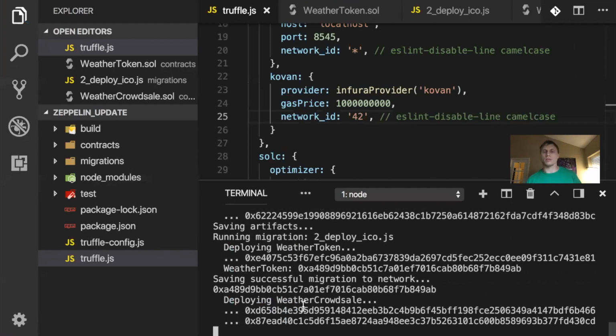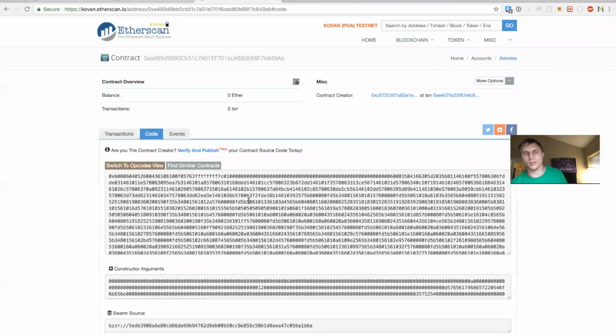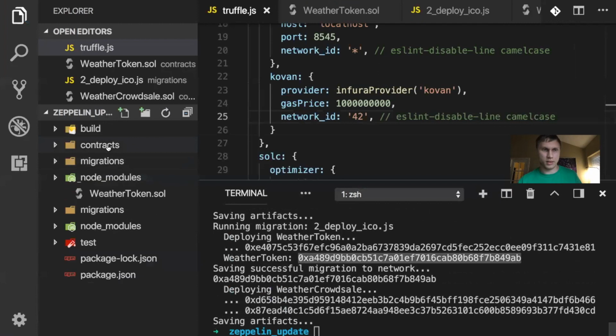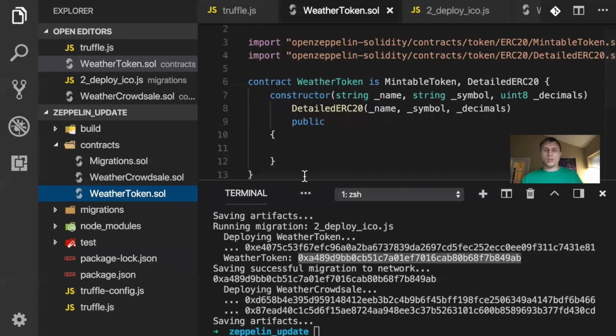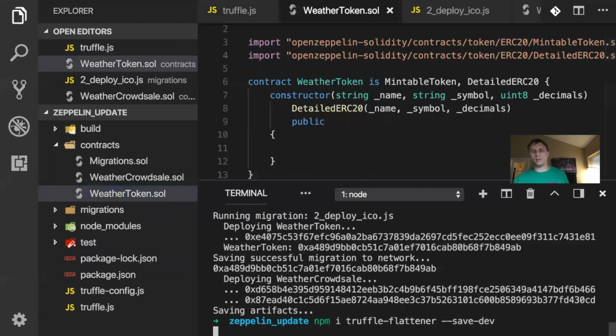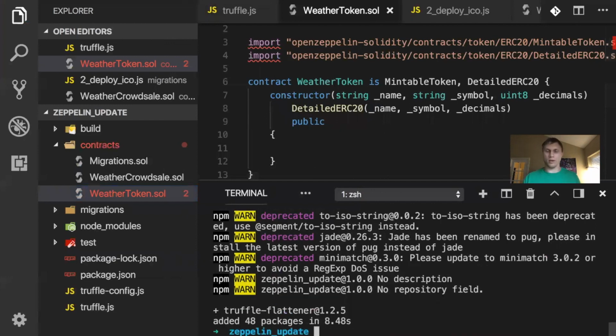So once we have done that, let's say we already have our token address here. So we have deployed our token here, but the next problem you're going to face is, okay, how do I verify this stuff? I need to verify my contracts, and it's just this kind of file that you cannot reuse. So for these purposes, I like to install truffle flattener. That awesome library allows you to make flat files,